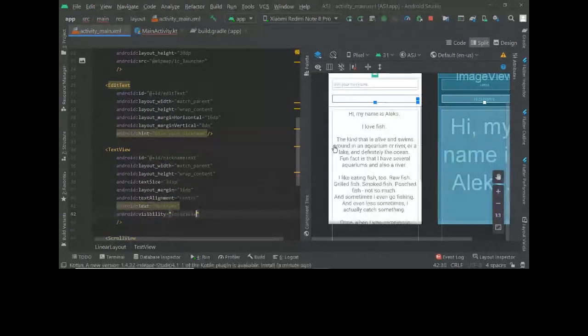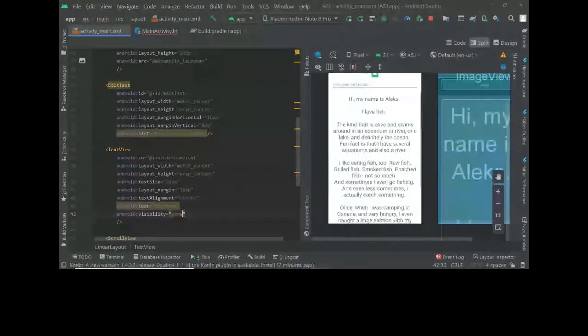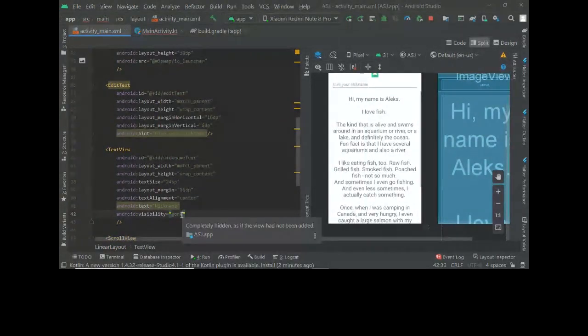Invisible, you cannot see it, but there is some space allocated to it. Now if we use gone, we cannot see it and the space allocated to it is gone as well. So that is the use of gone. And since we want this, we'll use gone. We won't display anything until the user has given his nickname.